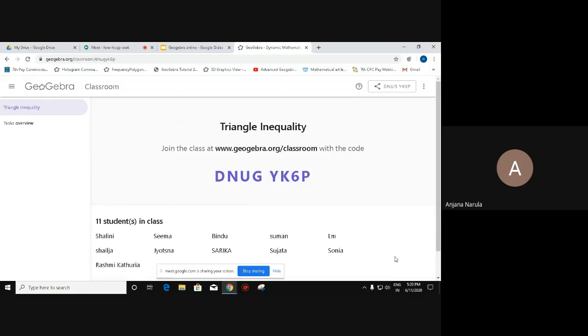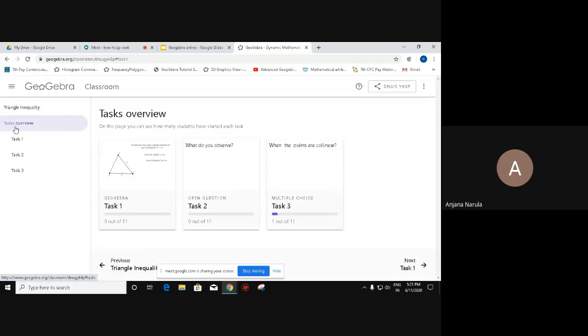Now, when the students join, this is the task overview window. By clicking on it, I'll see the task. Now, when we plan an activity, geometrical or the graphical representation is one task, and if we add on the questions to that, these become a separate task. If you look at the screen, one student is already working on this task 3. So by just looking at this in real time, I'll be able to understand.